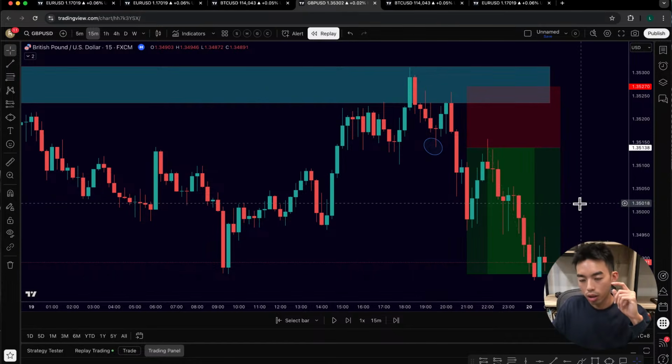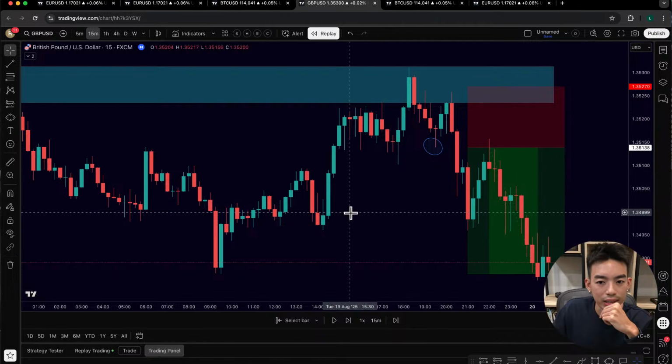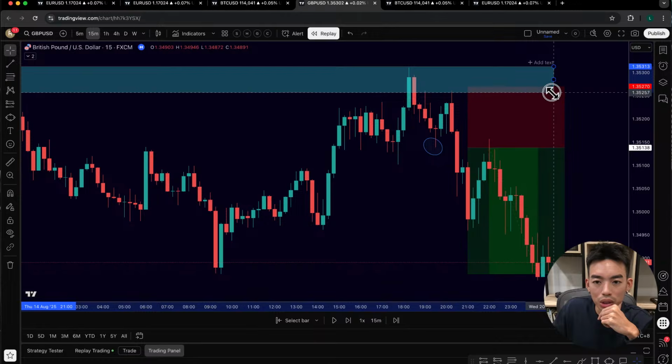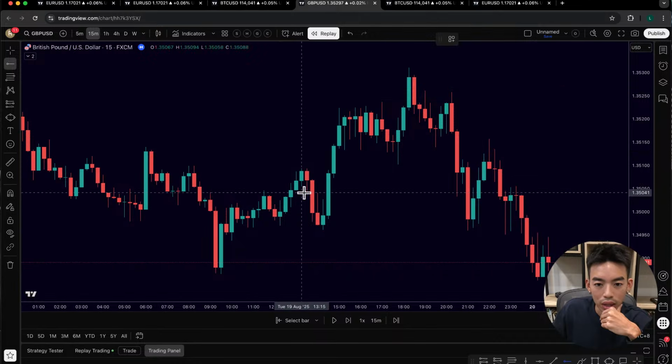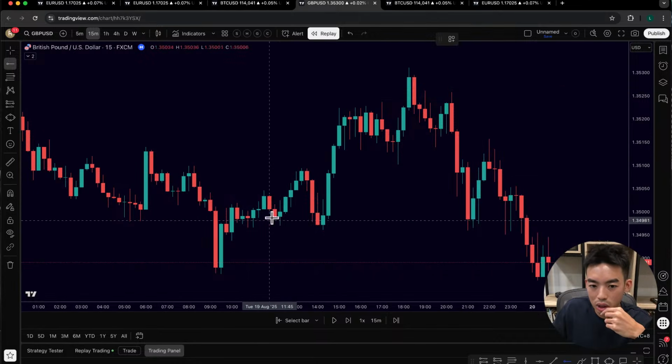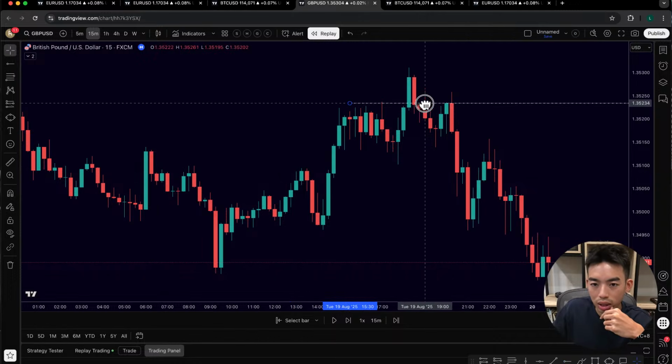Now, for some of you who are more savvy out there, you're thinking, hold on a second. If I were to be really, really precise here, I would say this is an uptrend. Let me just clear everything out. If I were to be really precise here and say this is a clear uptrend, I have SNR here, and I have the next SNR here.